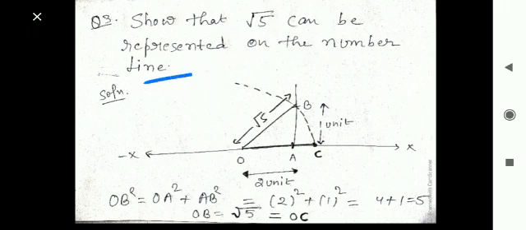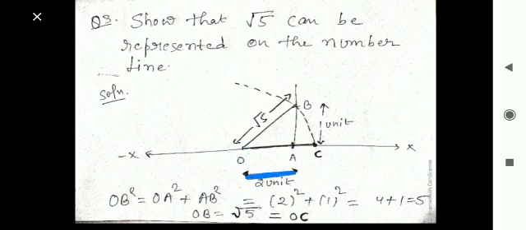So for this, I am just giving you the step and the procedure of how we can represent any root value on the number line. So again, I have taken an axis, plus x and minus x axis. See here. Now what we have to do, just take a point O here. So I have taken point O, and then I have taken a point A, and the distance between OA is 2 units. See here, 2 unit means the distance from O to A is 2 unit.